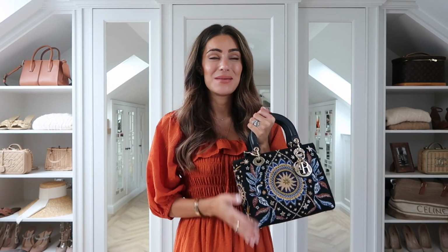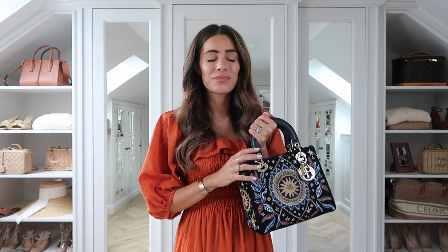I don't want to start this off with a negative, but I have been a loyal shopper of Dior for such a long time. There was a time when I pretty much just bought Dior bags and Lady Dior bags in all of the different colors. I haven't purchased a Dior bag, I think, in over a year now, and I genuinely kind of feel like, it sounds really bad, but I kind of feel like I'm over it, in the sense that this last collection,